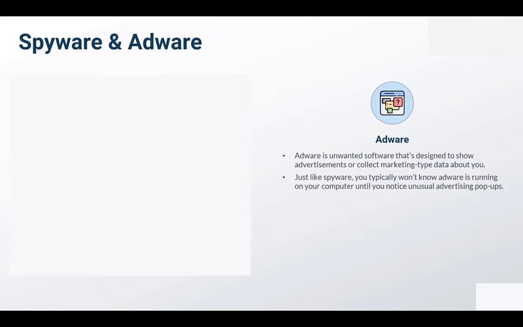Another type of malicious code is called adware. Adware is somewhat like spyware. Adware is annoying software that is designed to show advertisements and collect marketing data about you. So when you are browsing, sometimes you get annoying pop-ups appearing on your screen. I recommend you download a Google Chrome plugin called ad blocker. The icon shows a red color hand. You can download and install it on your computer to avoid this type of adware.